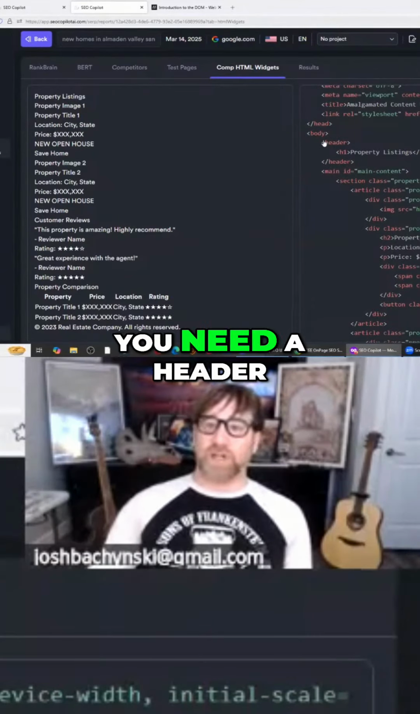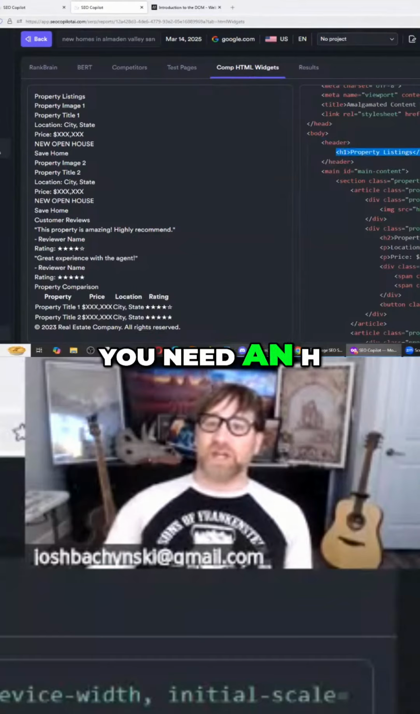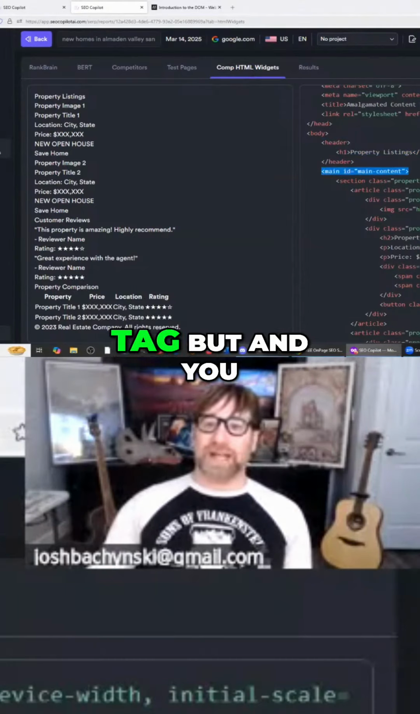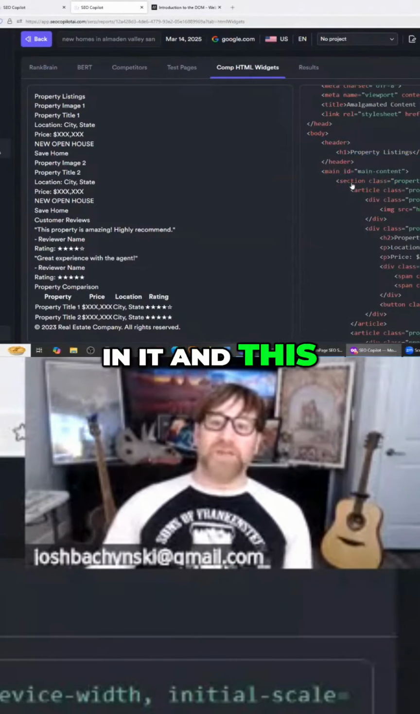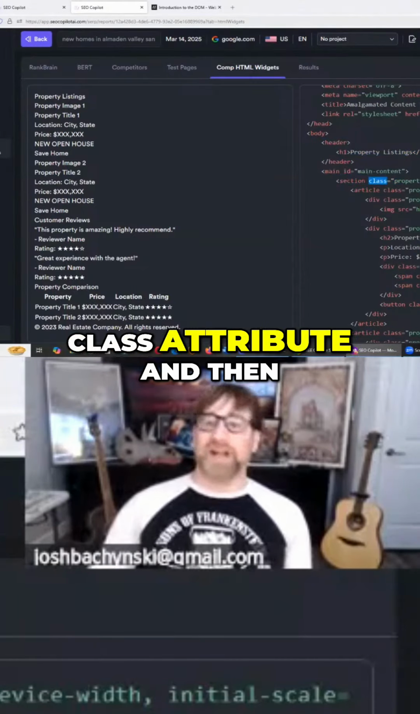So it's like, okay, look, you need a header tag. In the header tag, you need an H1 tag. Under that, you need a main tag, and you need a section tag in it. And this section tag needs a class attribute, and it needs